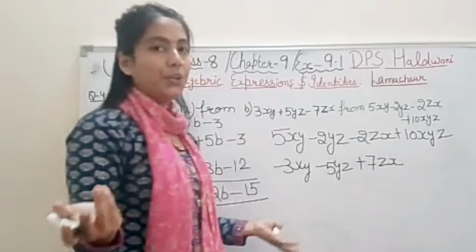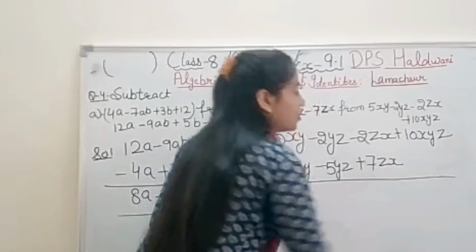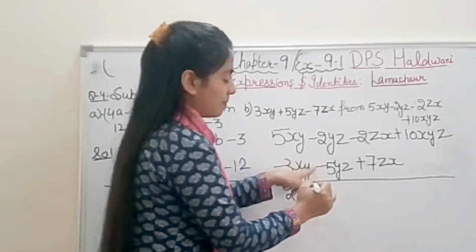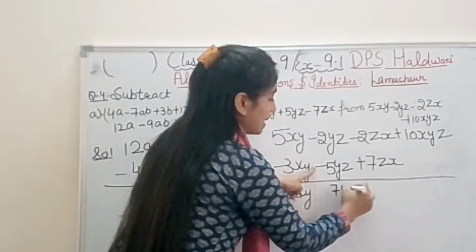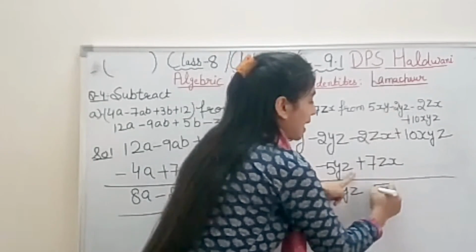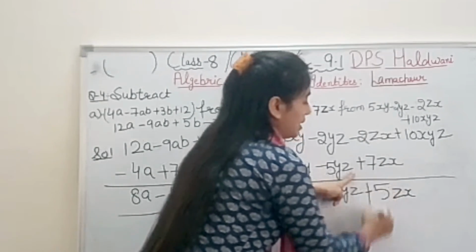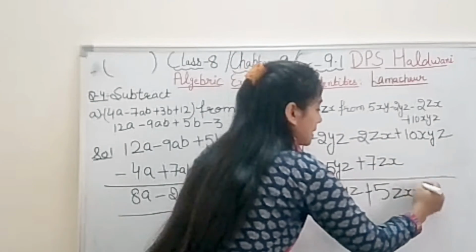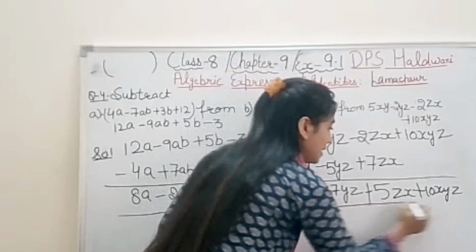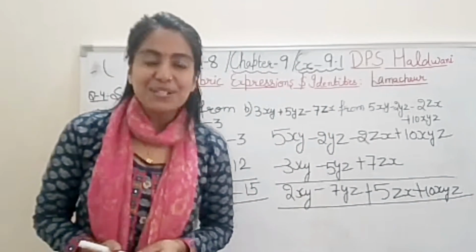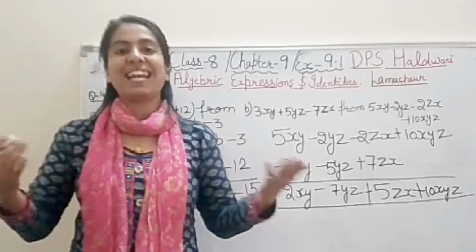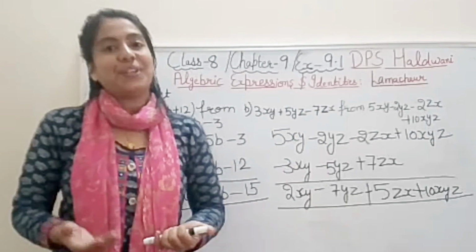Here there is nothing, so you will put nothing. So you will do the subtraction, right student? 5 minus 3, 2xy. Minus minus plus 7yz, sign will be minus only. Plus minus minus 7 minus 2, 5zx, sign of the bigger digit. It will be as it is only, because here is 0. So 10 plus 0 is 10 only. So this is the answer. Very simple student. You have to be vigilant only about the sign. That's it. The rest is very simple. Addition and subtraction we have been doing from very junior classes.